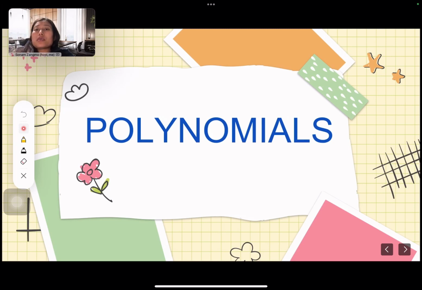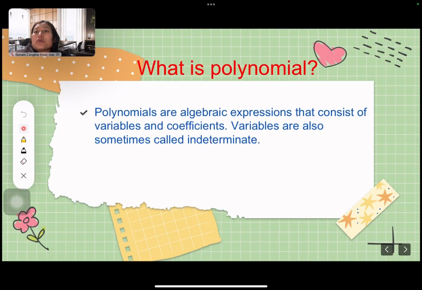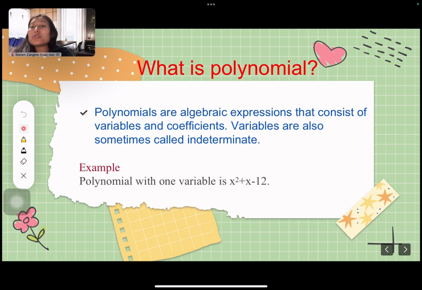Polynomials. What are polynomials? Polynomials are algebraic expressions that consist of variables and coefficients. Now we have these variables here and coefficients. Variables are also sometimes called indeterminates. Now for example, a polynomial with one variable is, so here the variable is x squared plus x minus 12,